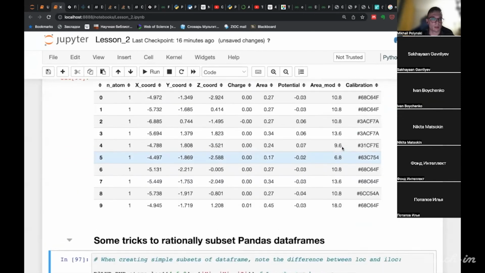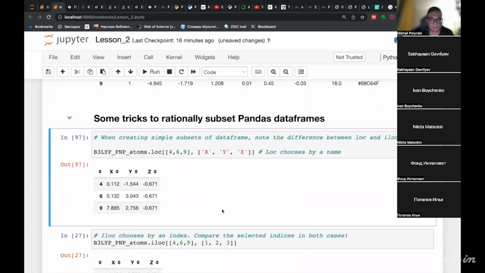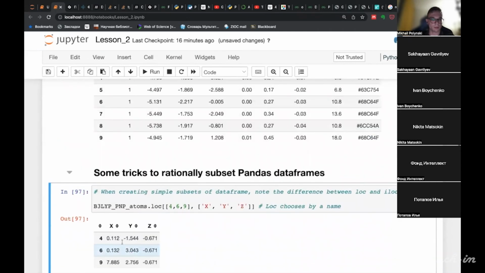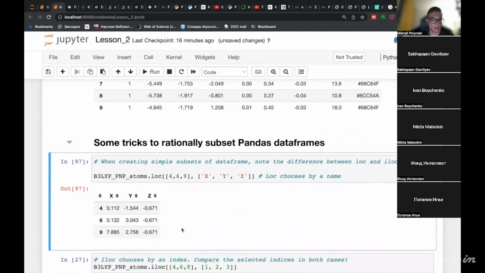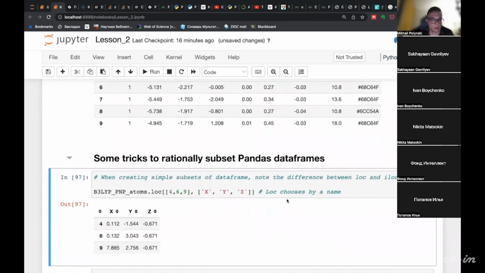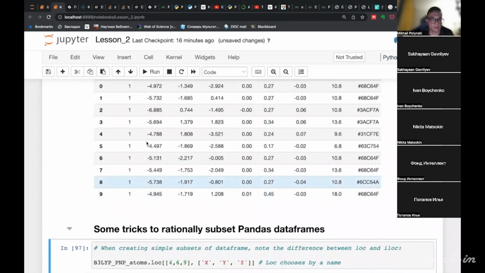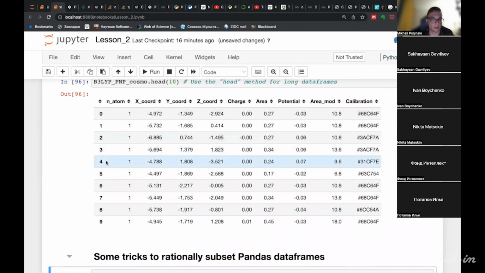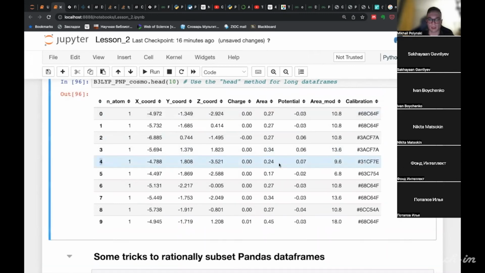Here, let's compare these two data frames. In the first one, we have, for example, an atom number 1, which is in the 4th line.